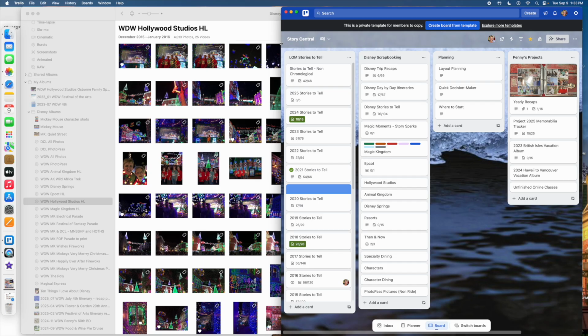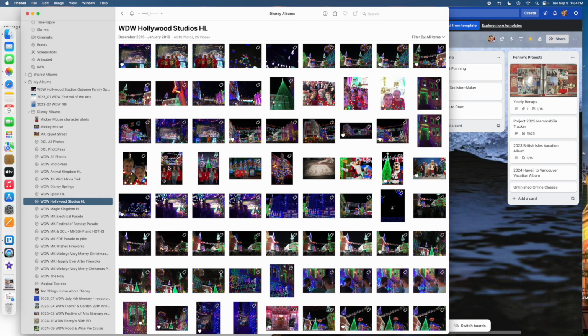So I went to my albums, my Hollywood Studio album in the living room, and sure enough, no Osborne Family Spectacle of Lights. Now, interestingly enough, I have worked on Hollywood Studios as a park more than any of the others. It's my second favorite park, and I tackled it first because I thought it would be easier to tackle than Magic Kingdom. So here are my photos, and once I determined this was a story that could be told,